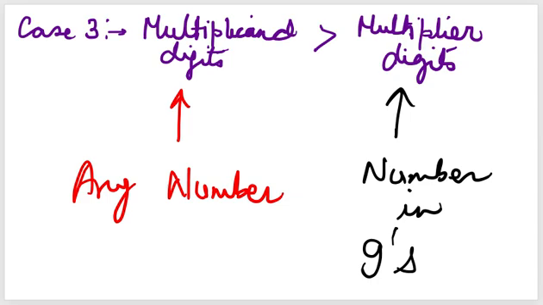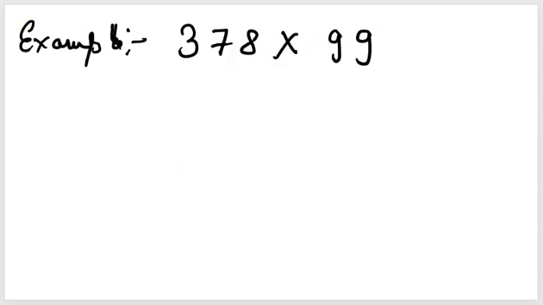So the rule I am going to discuss with you with the help of an example, that how do we find the multiplication by Vedic technique that is different from the usual traditional way. So let's say in this first example the number is 378 and we are going to multiply with 99. So what we are observing here, that here this 99 is a 2-digit number and here the number is 3 digits.